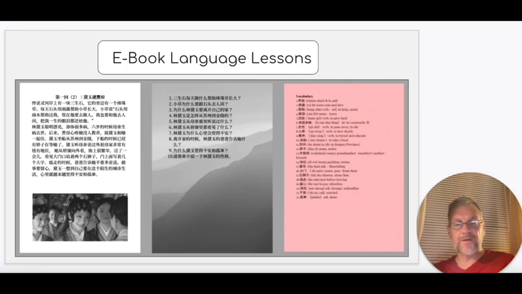The whole ebook contains, I believe, 7 other short stories, short versions of episodes from the novel that tell, in general, the arc, as I described it, of the story of the stone and the flower, the tragic love between Jia Baoyu and Lin Dai-yu, along with some mention of characters like Wang Xifeng, Xue Baochai, and Jia Mu. Sun Lao has then given some comprehension questions in Chinese and some vocabulary lessons. So just a few remarks on that resource in case you're interested in asking her about that.